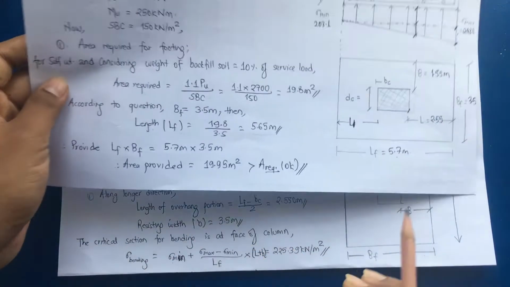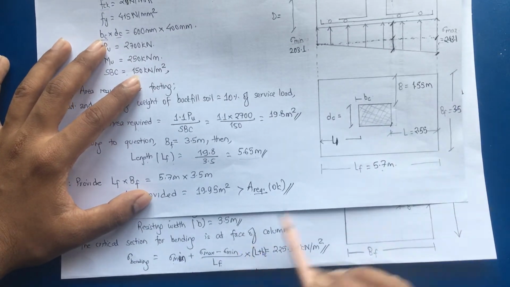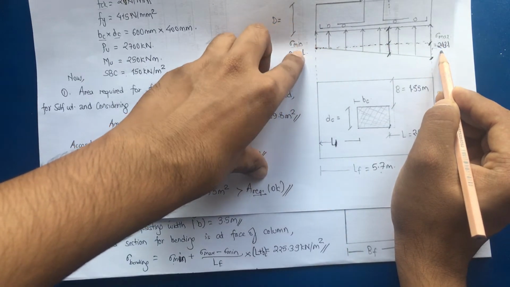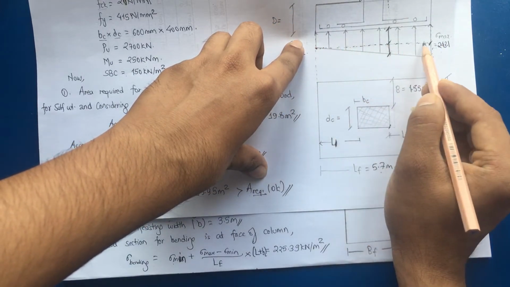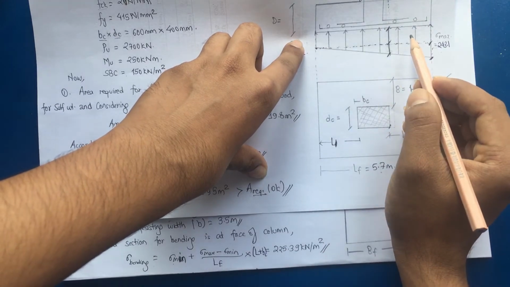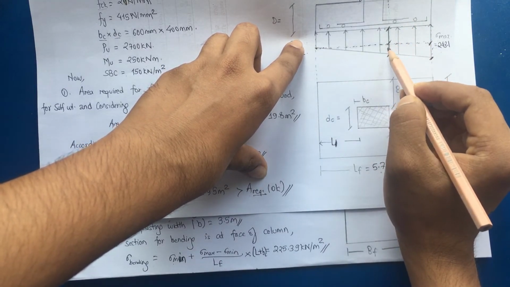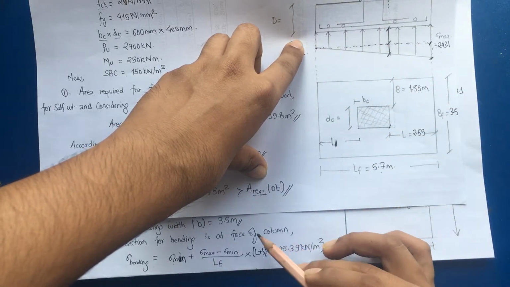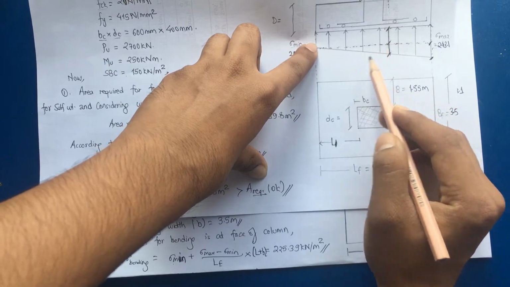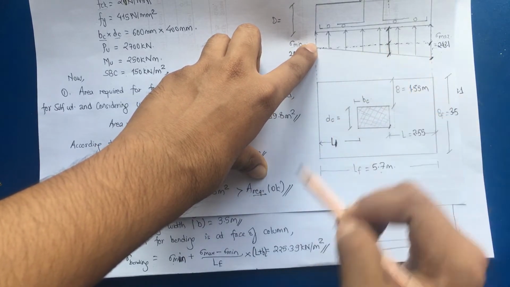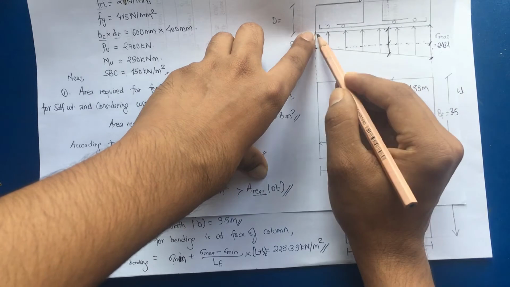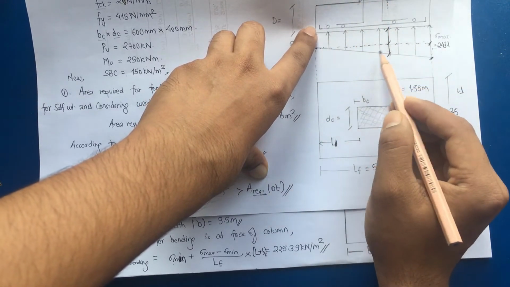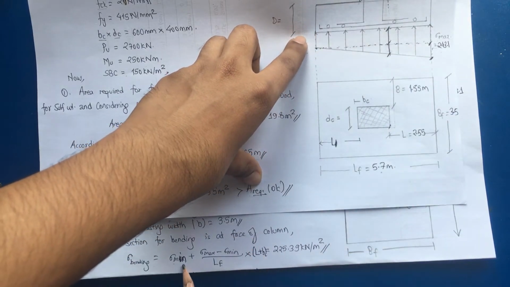And here you can see sigma max minus sigma minimum. So basically the height of this triangle will be equal to sigma max minus sigma minimum divided by this length, which is LF, is equal to the height of this triangle divided by the width or length of this triangle. So basically cross multiplying, we'll get sigma max minus sigma minimum divided by LF is equal to the height divided by L plus BC. So basically this is the length of the overhang portion plus width of the column, so L plus BC. Now sigma minimum, why?